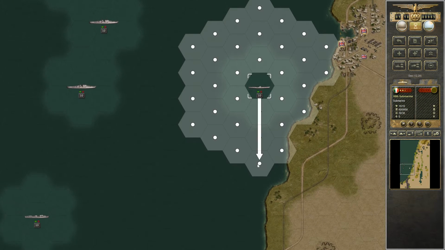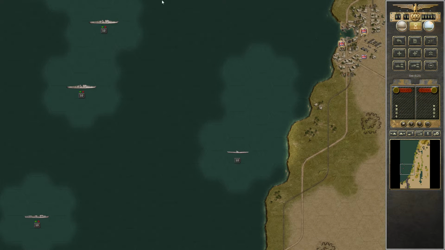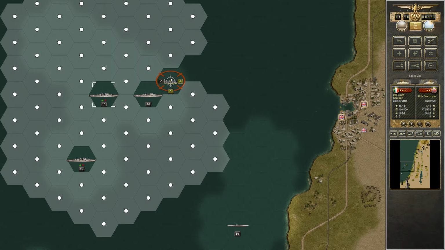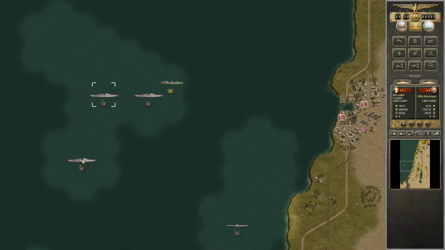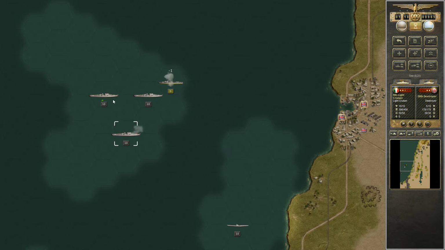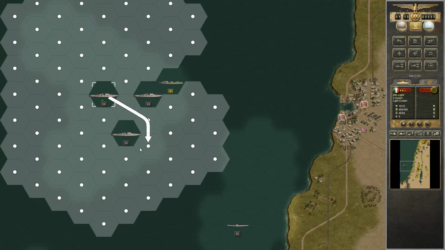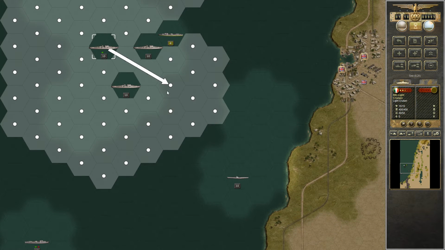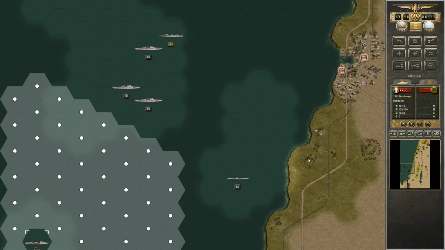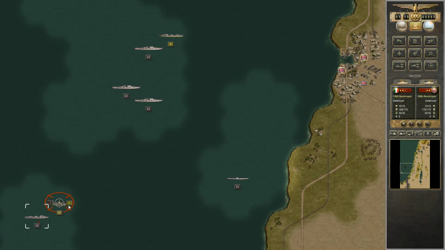I'm pretty sure I saw British ships, so I think first thing is we'll group together our ships, and this was lucky. Apparently not lucky enough. But one is already severely damaged. Moment. Okay. That was not worth it, but